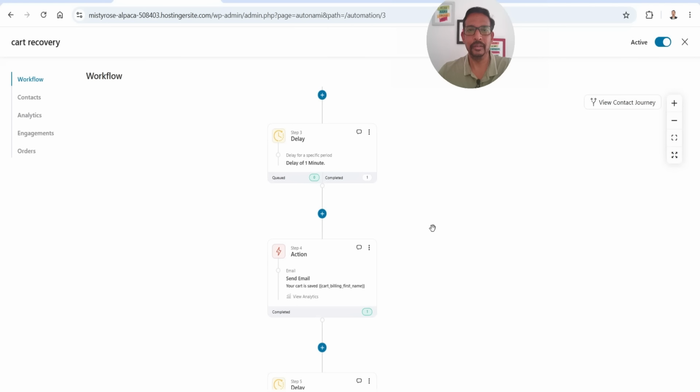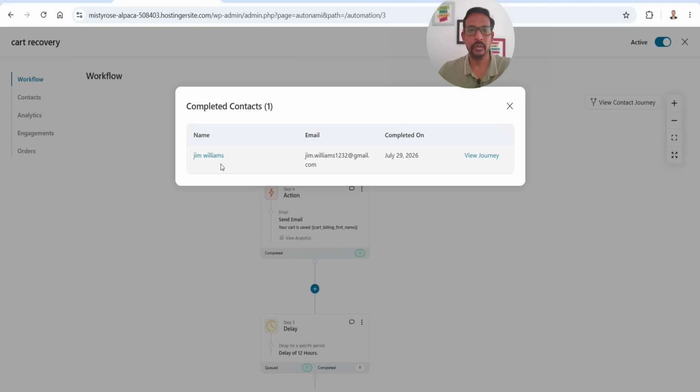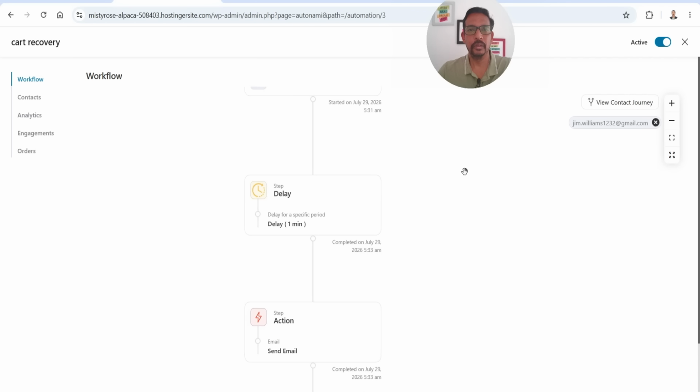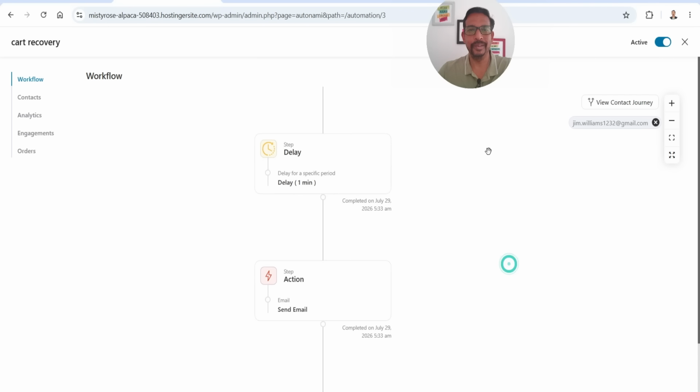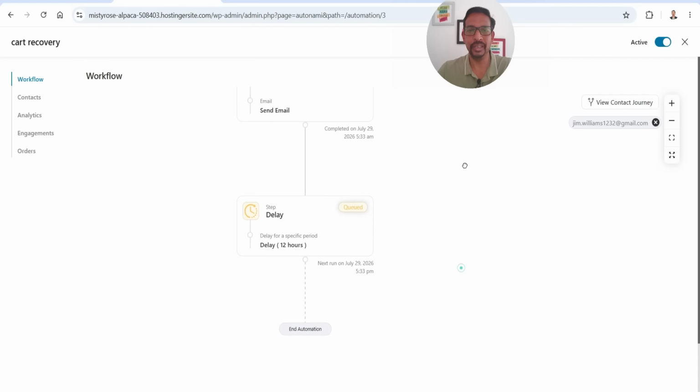All right, so I think the delay process is done and it is in the next step, that is completed. If I click on it, it shows that this step is completed. Click on view journey. This is the first step, cart abandoned. Wait for 1 minute, that is completed. Now this is the next step, that is send an email, and it shows that the email has been sent,